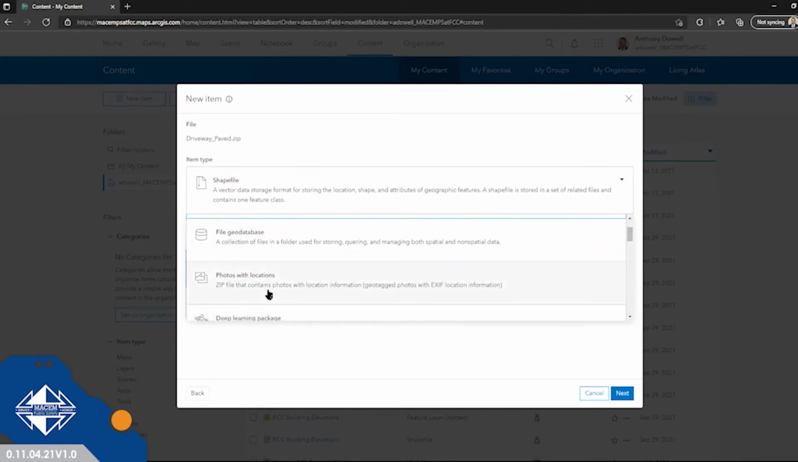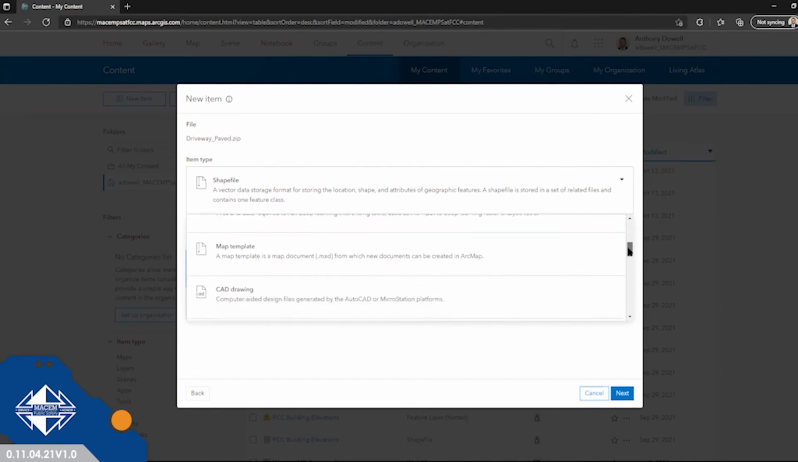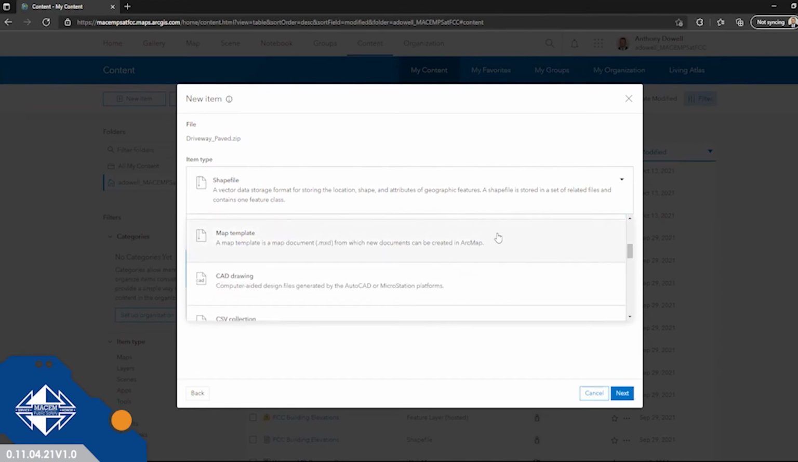You can have photos with locations. So these are geotag photos that have location information associated with it. You can upload a deep learning package, map templates. If you have users that are using ArcMap, which is Esri's desktop GIS tool, you can publish data from a map document, which would include information on the layers that are packaged up in that map document, as well as some of the symbology and stylization that's associated with the map. You can publish CAD data,